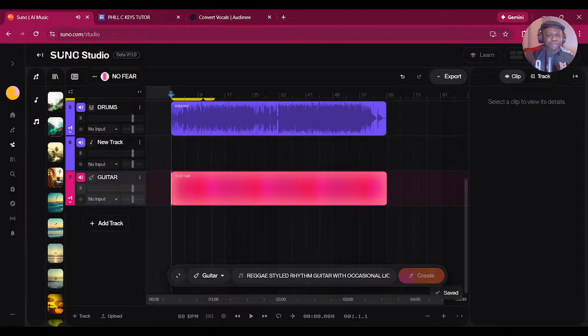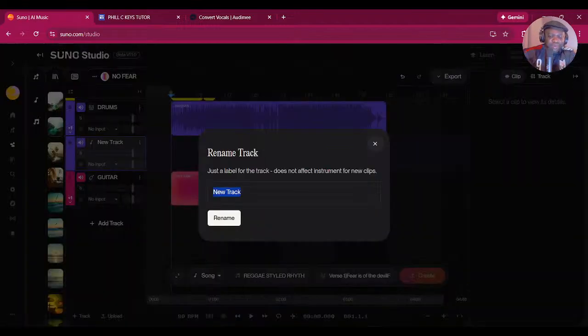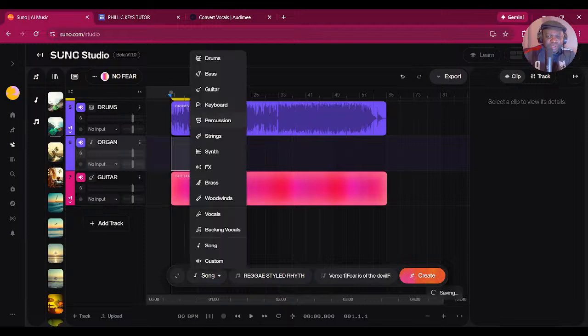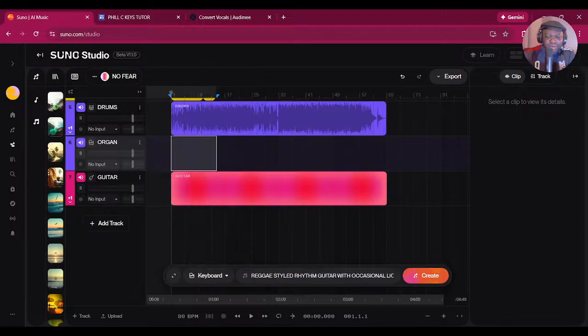Okay, so there's a few things I would like to see. Let me change this: I want an organ in that spirit, maybe just here in the beginning. It's a real crazy organ, so let's choose keyboard. Is there organ here? Just keyboard.